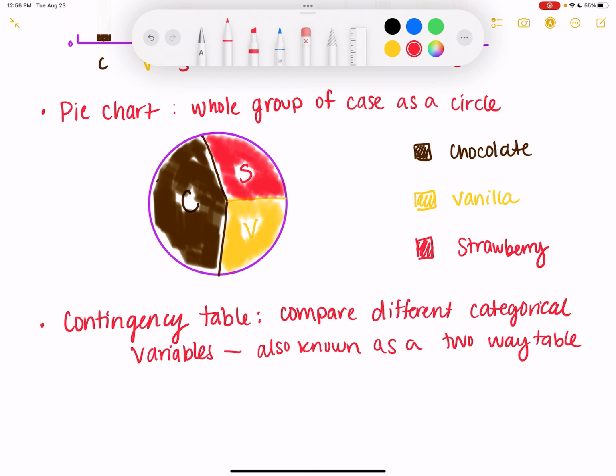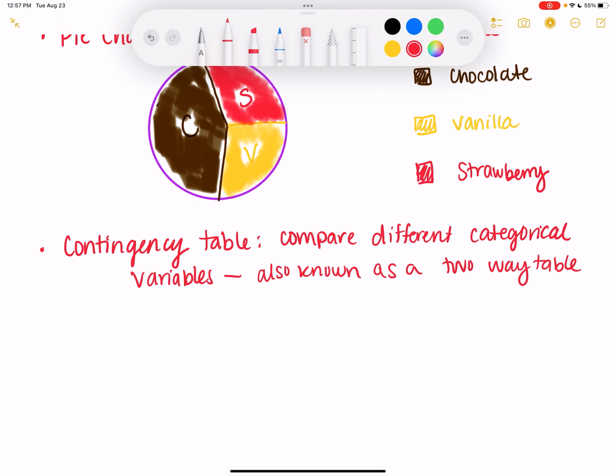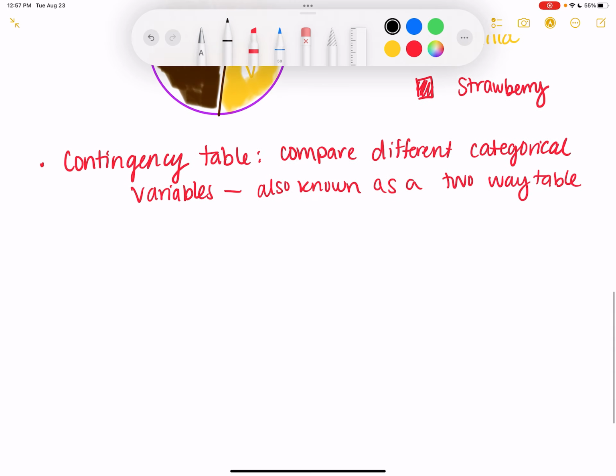Okay, so this one is going to allow us to break down these variables into another category as well. So we're going to do a chart that has 5 columns and 4 rows. So I'm going to draw